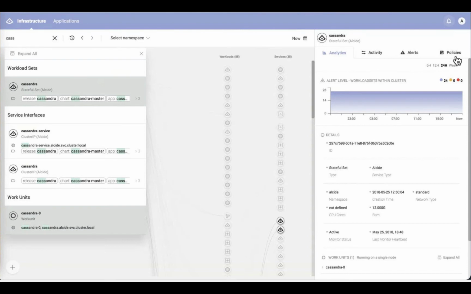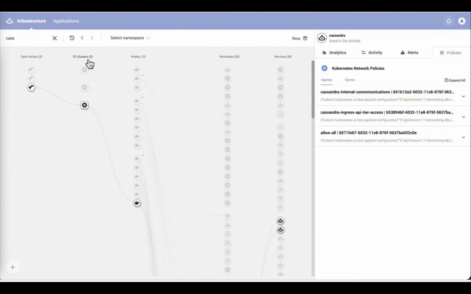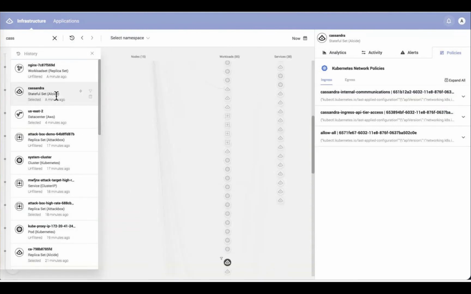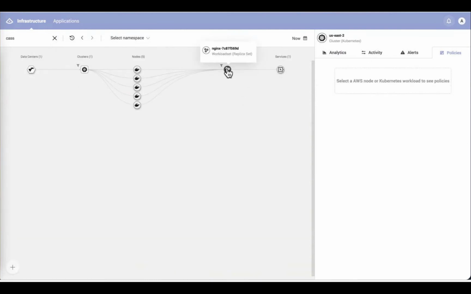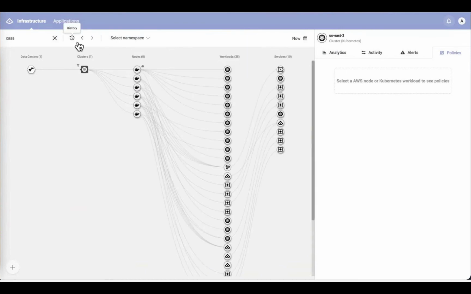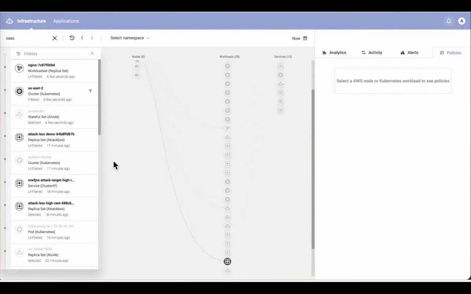The other sugarcoating that we bring into the mix is the ability to visualize Kubernetes network policy. Those are pretty powerful from the command line, but once you go into multiple rules, it becomes extremely difficult to digest and understand what's going on. So let me filter down and zoom in on the specific cluster and just show you how exactly we surface the different assets in the environment. So